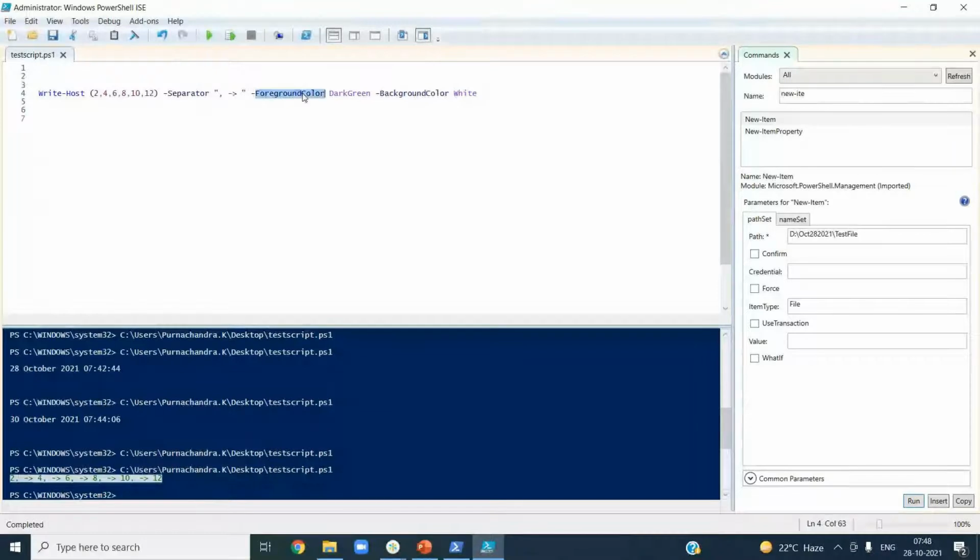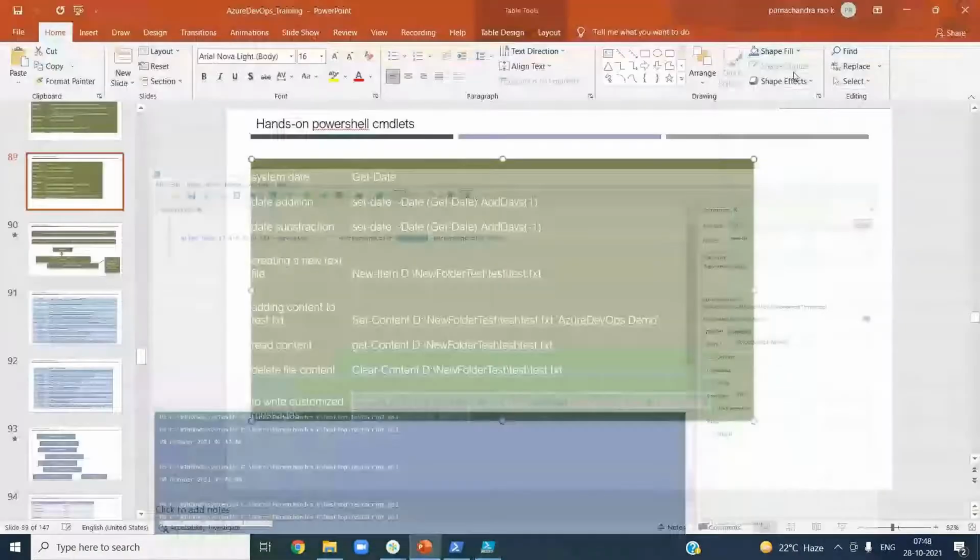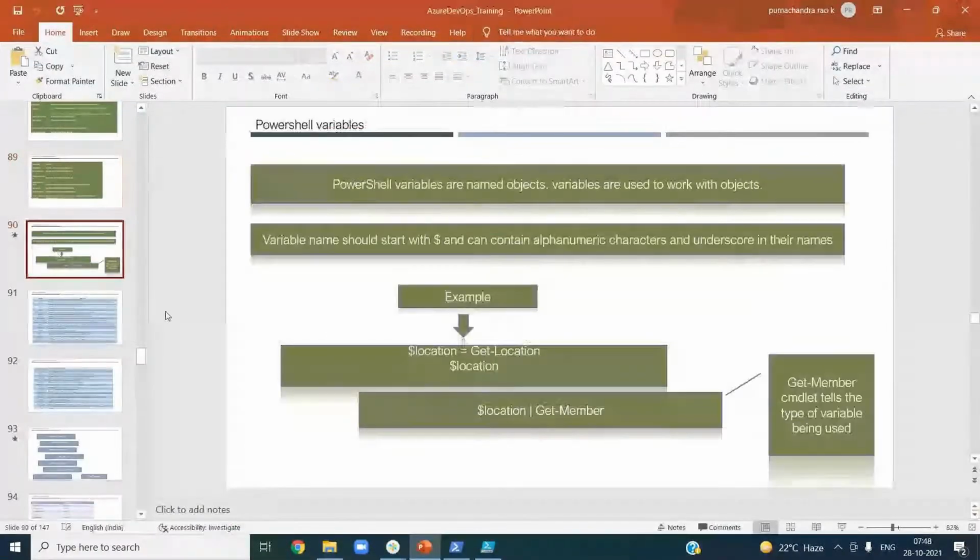We have these options, foreground and background colors. So that's the general use of your PowerShell commands, the techniques to read and understand the commands with respect to the different switches or flags available in each command, and some usage of these general commands, cmdlets I would say.